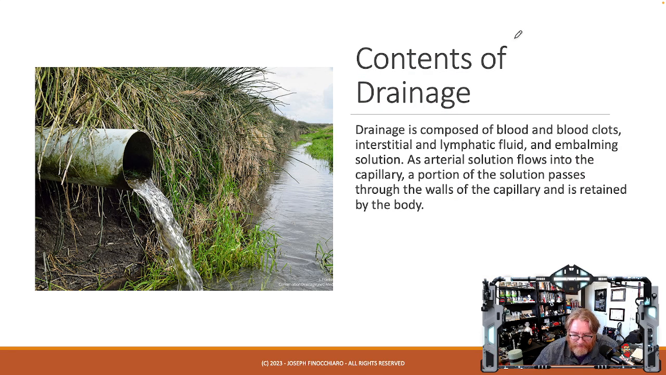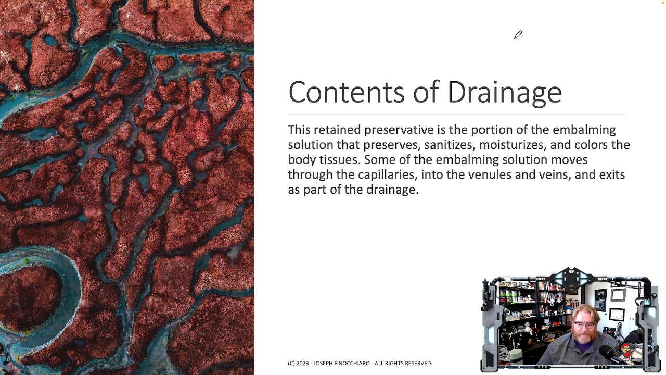Drainage is composed of blood and blood clots, interstitial lymphatic fluid, and embalming solution. Remember, half of what we inject, we anticipate comes out as drainage. As arterial solution flows into the capillary, a portion of the solution passes through the walls of the capillary and is retained by the body. The retained preservative is the portion of the embalming solution that actually does the work. Some of the embalming solution moves through the capillaries into the venules and veins and exits as part of drainage. So what's happening there,